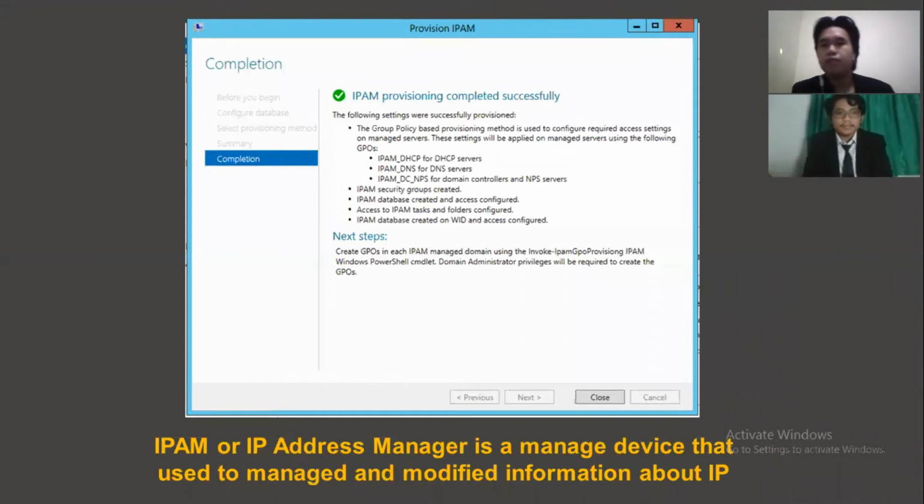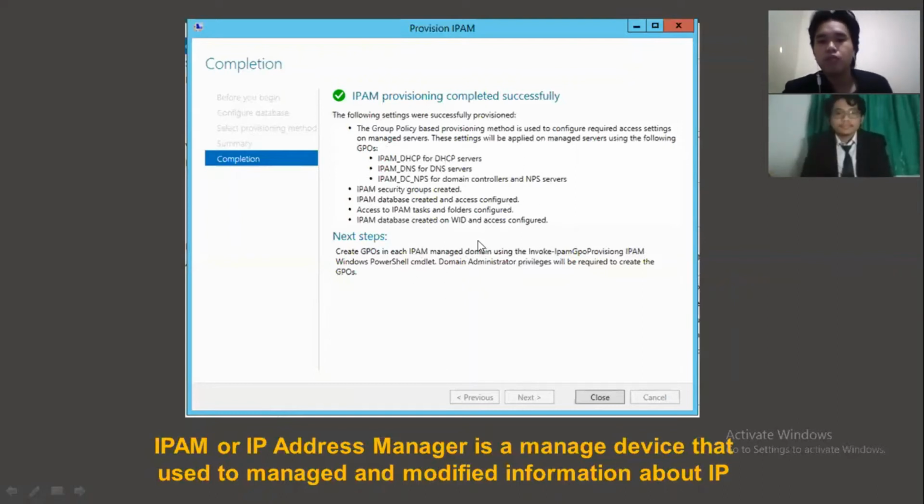Next is IPAM or IP address management. As you can see in the picture, this is the result of completing the installation of IPAM. In IPAM, we can manage DHCP for DHCP servers, DNS for DNS servers, and NPS for the domain controller, and also a few other group tasks and so on.